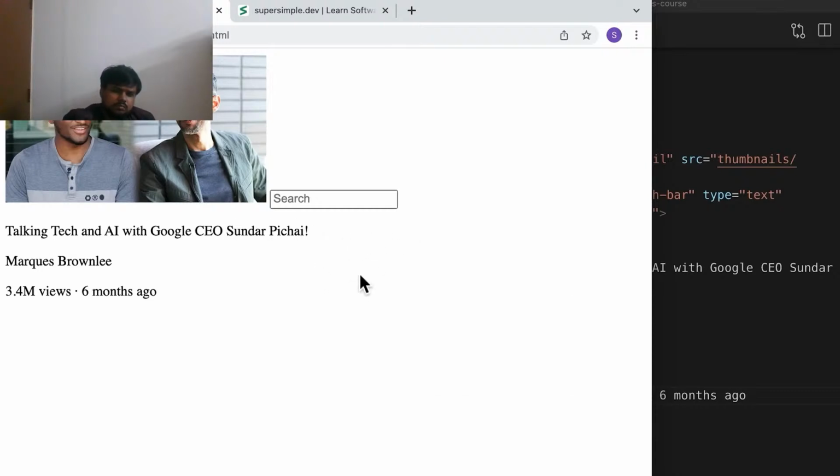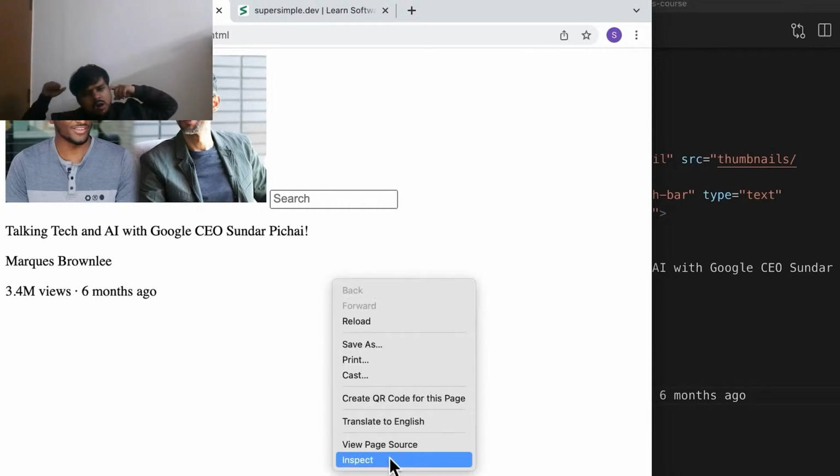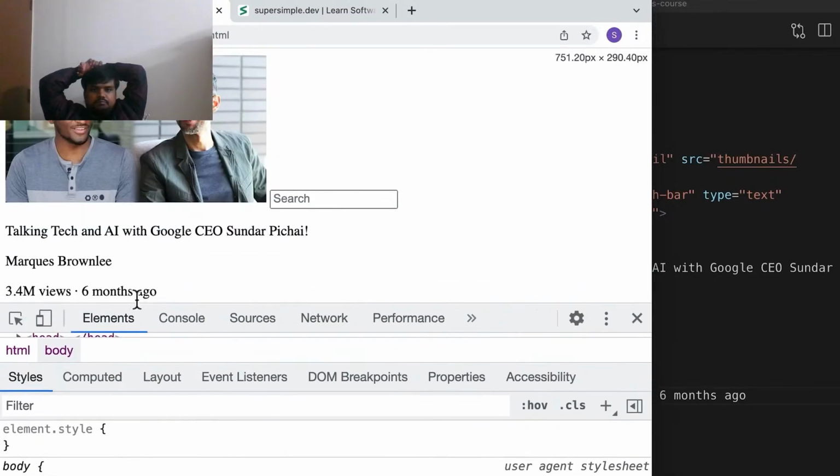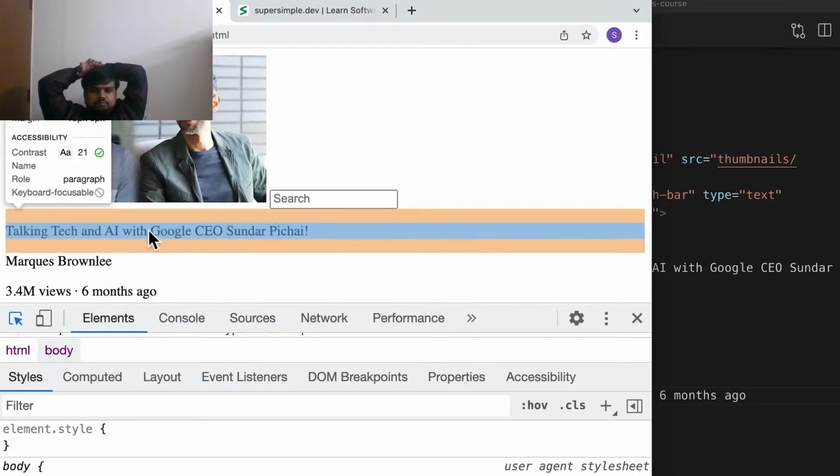We can see that in our DevTools by right-clicking in the browser, and then clicking Inspect, and then clicking this icon in the top left, right here, and then hovering over our paragraph. So you can see that even though the text goes to here, the paragraph extends to the end of the line. Because the